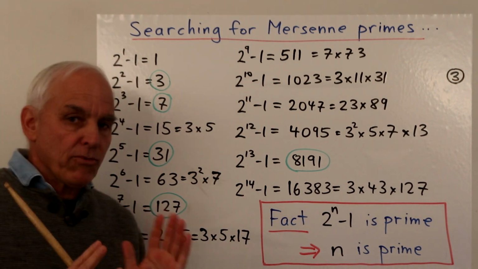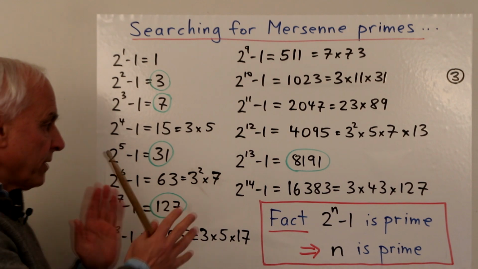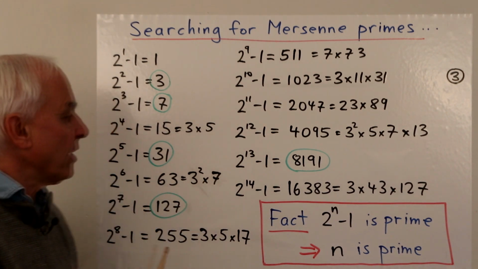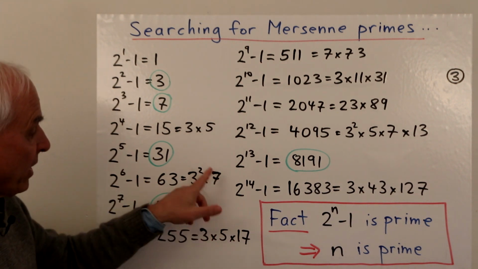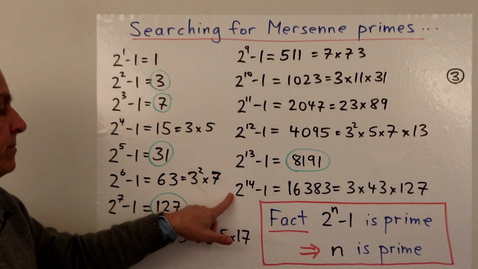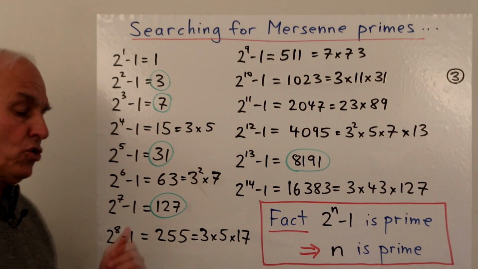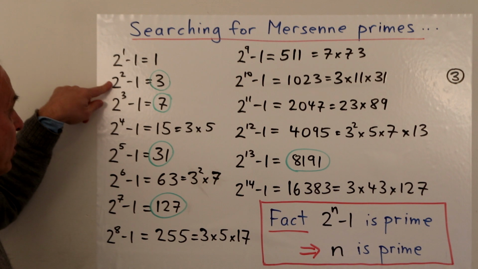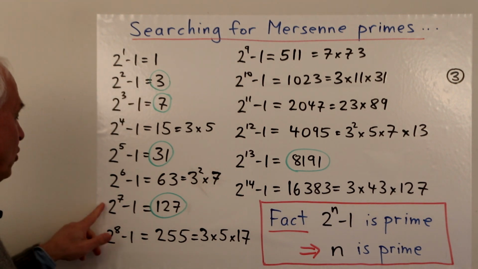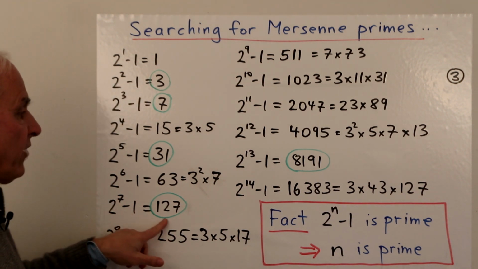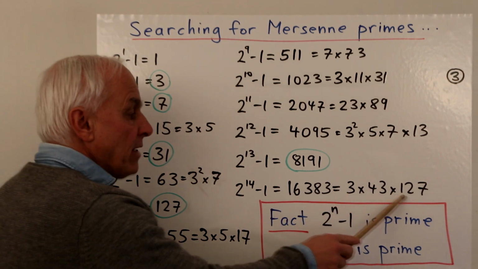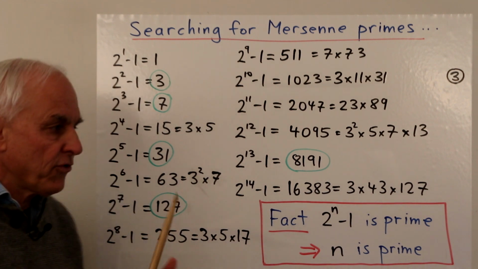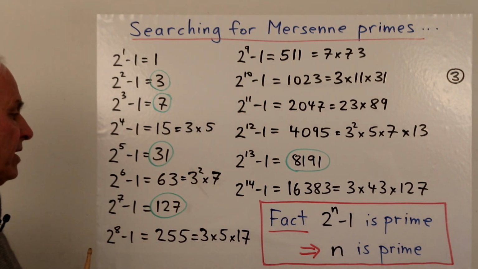If a little bit irregular, but nevertheless, if we look at this for a while, we see that there are some kinds of patterns that we can observe. For example, 2 to the 14 minus 1. The 14 is equal to 2 times 7. Now, when we did 2 squared minus 1, we got 3. When we did 2 to the 7 minus 1, we got 127. And we see that both 3 and 127 are factors of 2 to the 14 minus 1. So there's certainly some connection between these things.